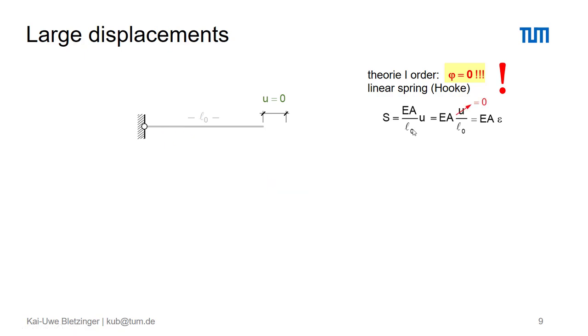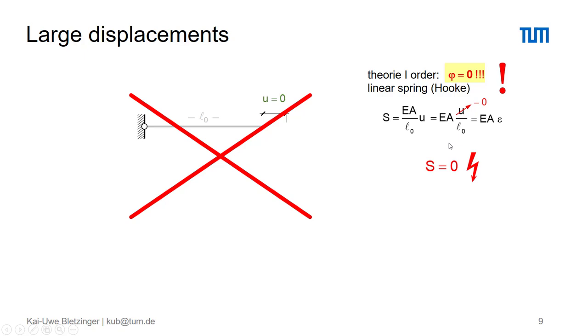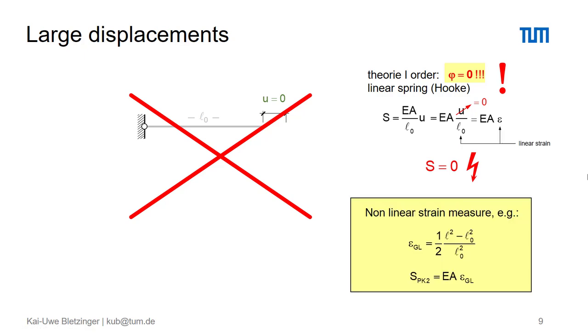Let's now introduce what we see from the left-hand side together with the assumption phi equal to 0, then u, the deflection in the original horizontal direction, is 0. And if you go further, the result applying theory of first order: no matter how large the rotation is, we always will receive s equals 0, quite consequently, if we go along these assumptions and simplifications. Obviously completely wrong. And what is the reason for that?